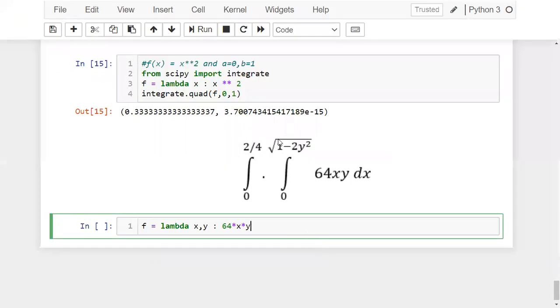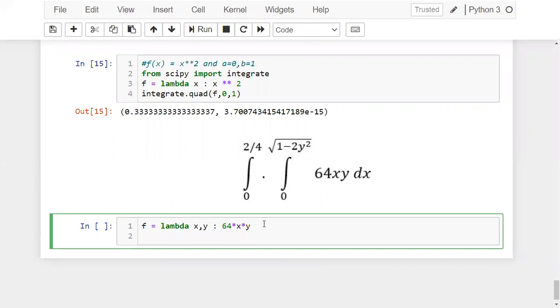So for this upper limit, I'm going to create another function for representing that upper limit. I'm taking some name with lambda. Okay, here we have only one variable, right? So I'm taking only one variable here. So you just understand, I'm creating this function for representing this square root of 1 minus 2y square. Okay, don't confuse with that.